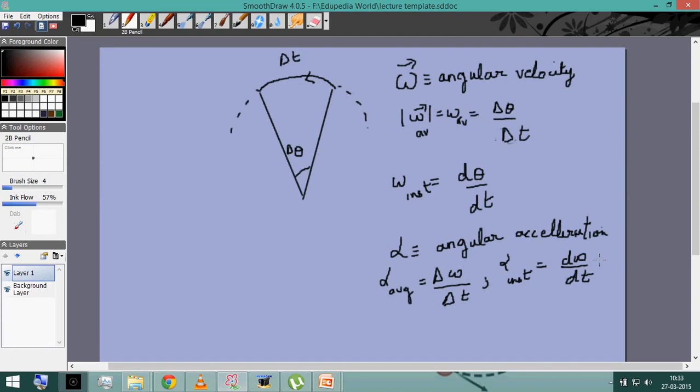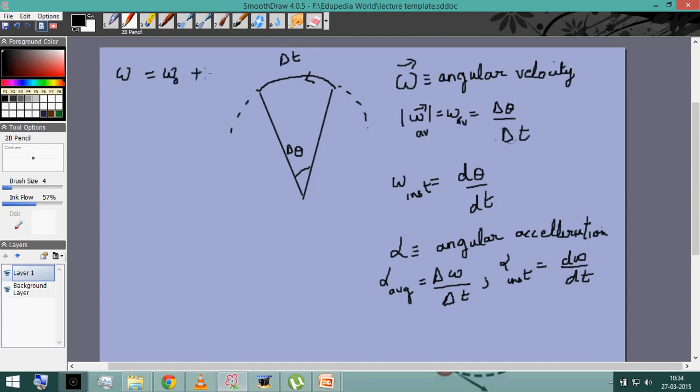So we've seen that v equals dx by dt and a equals dv by dt. And in that case, for constant acceleration, we get three particular equations of motion. Similarly, if the angular acceleration is constant, we get three equations of motion, which I'm going to write now, and you can try to derive them at home. The equations of motion are